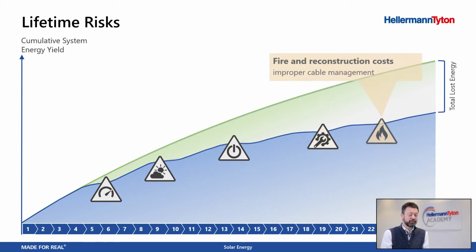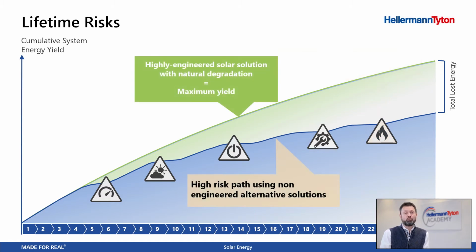And finally, if you don't take care in a proper way, you can even have a fire on your plant. If this is a commercial grade rooftop installation, you're facing serious issues. So please make sure to include proper cable management to avoid all these issues, and also to keep this curve at its maximum performance. It can all be avoided by a proper selection of cable management products.